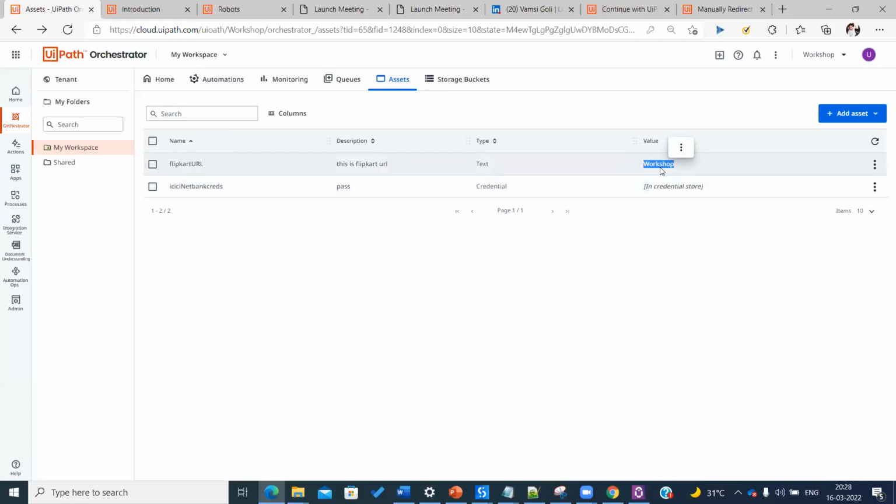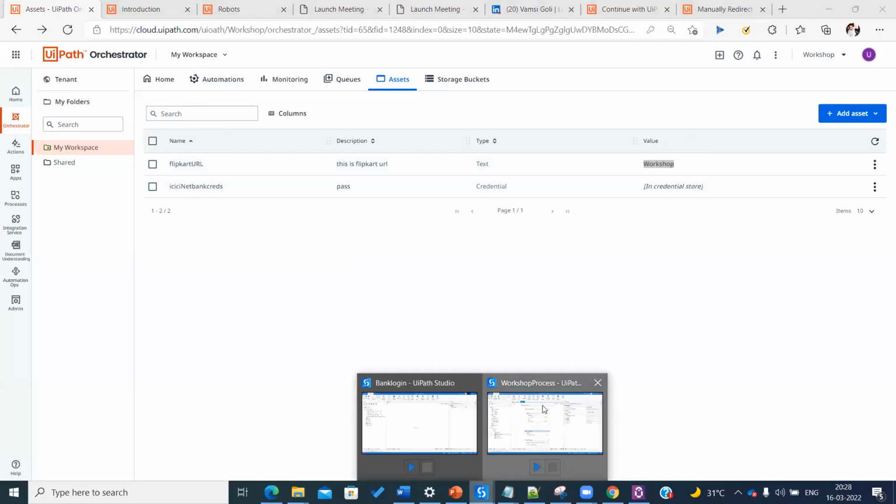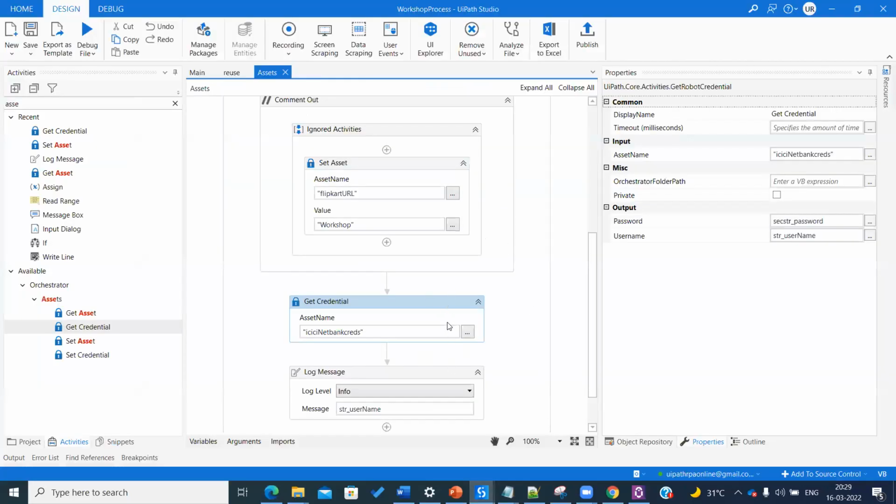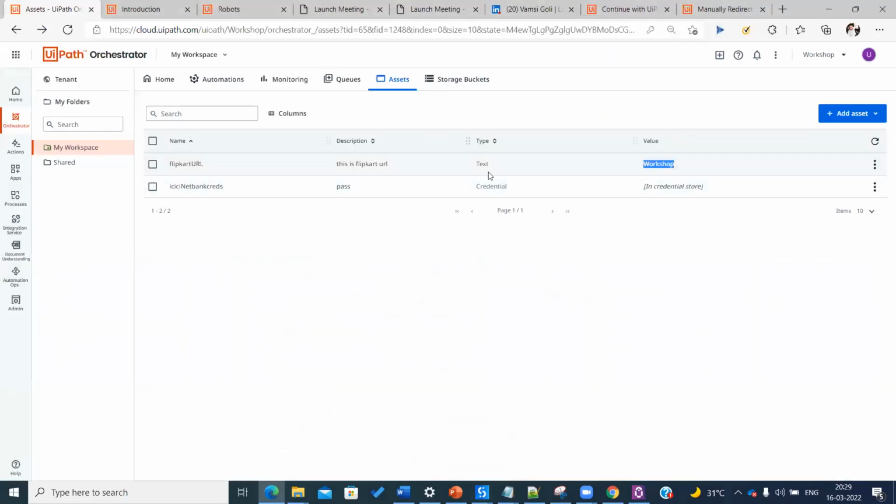Hope you know what a global variable is. As that is a global variable, you can use that asset in your project. Let's say this is my project, and you and I are on the same team. I would use Get Credential. You can also use Get Credential, give this asset name, and then you get the password. So what I'm trying to say is, you don't need to put that many credentials like ICICI Net Banking Sai, ICICI Net Banking Krishna. There is no point in doing it like that.